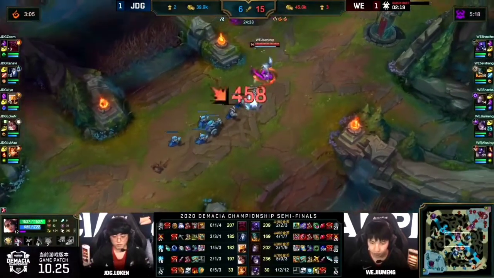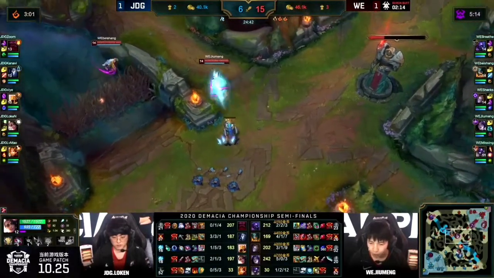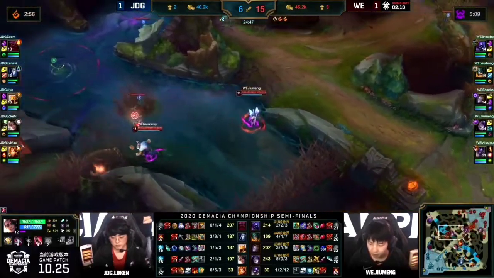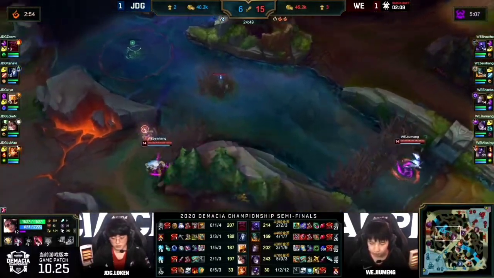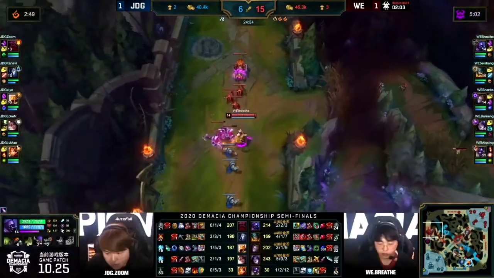I think everyone on the side of Team WE will be turning vegan after this one. This cow is saving their lives and setting up so much. Now we're looking at the first significant advantage of this game. 6,000 gold. 3 Drakes, so we're going to be waiting for that Infernal Soul that will be spawning in just